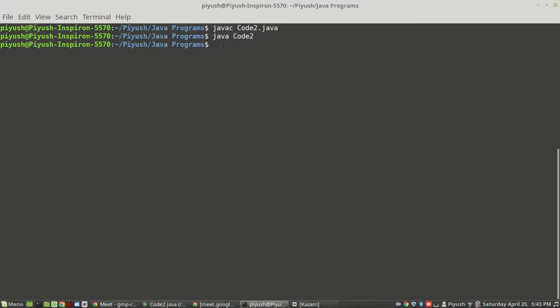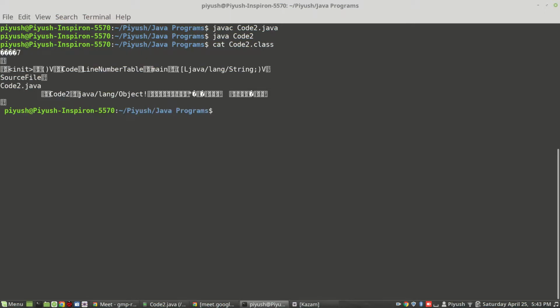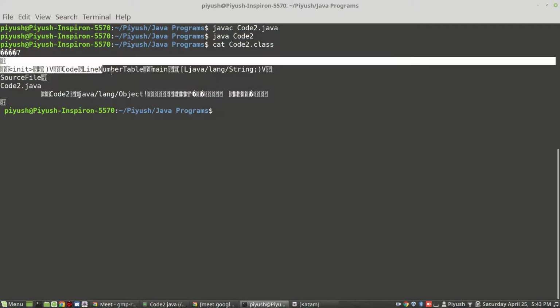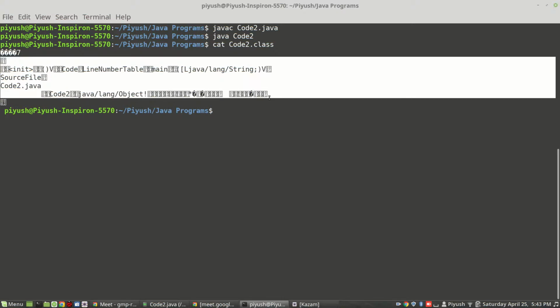You showed us. Did I? Yeah, but you just opened it and showed that it's all complicated, we can't understand, and you closed it. Okay, like that I showed. Anyways, I'll try to see if it can be seen here. .class. See, these symbols and this random sequence appearing to you are very meaningful to the computer.